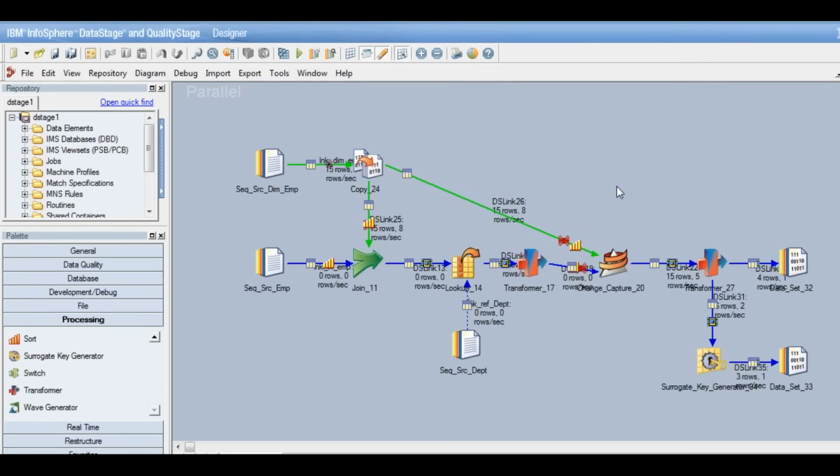Whenever it is showing the links as blue, that means the processing is happening. Whenever it's showing as green, that means it has completed. So everything is in green, that means the processing has been completed and the job has finished fine. And if we look here,